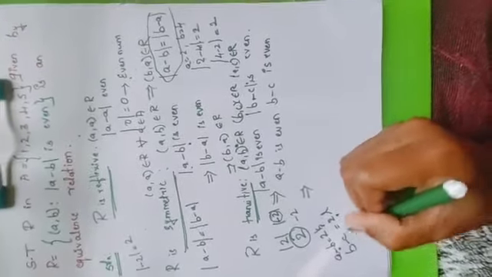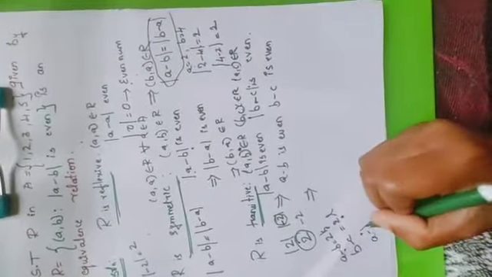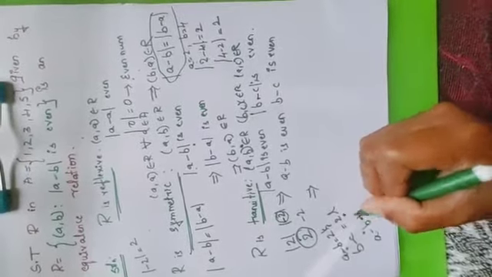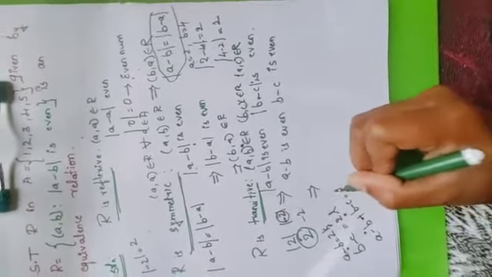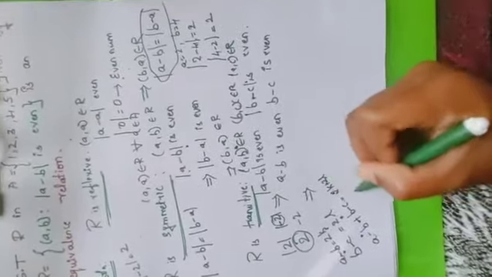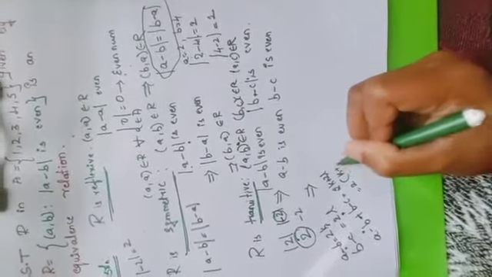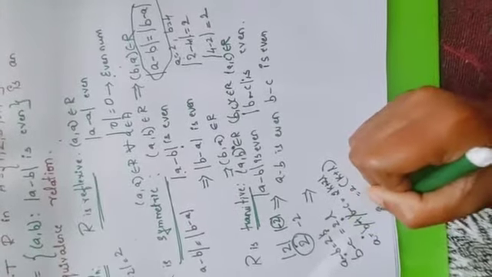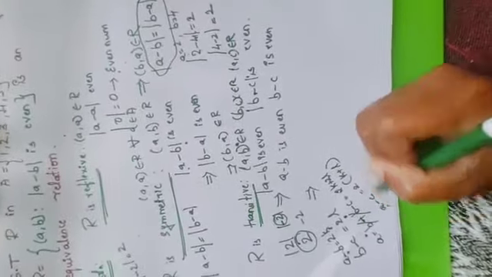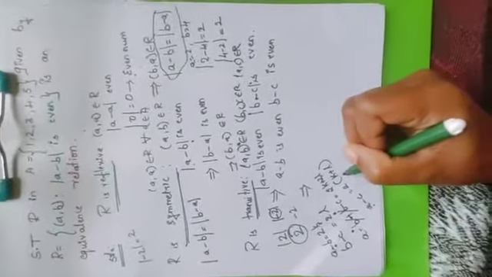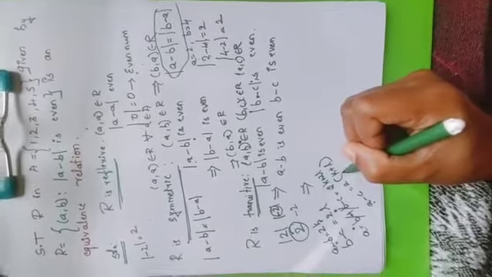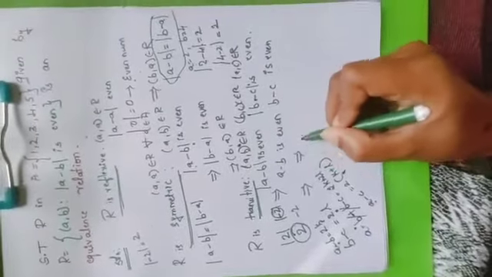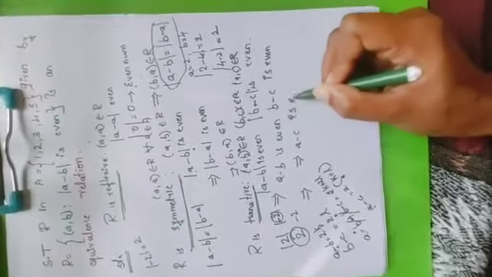Okay, so when I add these two numbers, what will I get? I add the left hand side and I add the right hand side. So A minus B plus B minus C is equal to 2k plus 2l. So what is it? 2 into k plus l. But what is A minus B plus B minus C? Minus B plus B gets cancelled, that is A minus C. So you can see that A minus C is also a multiple of 2, which means A minus C is an even number.